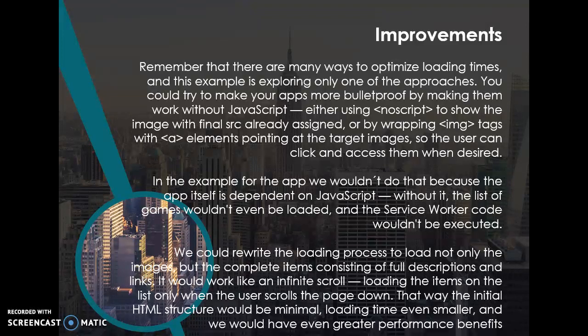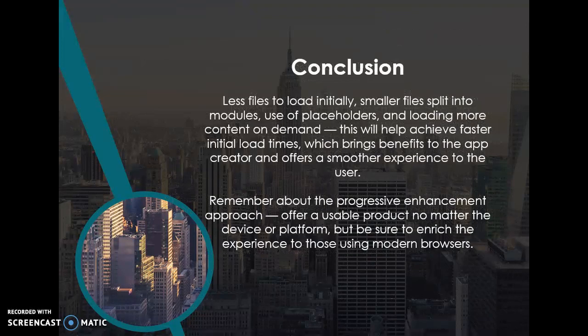We could rewrite the loading process to load not only the images but the complete items consisting of description and links. It would work like an infinite scroll, loading items on the list only when the user scrolls the page down. That way the initial HTML structure would be minimal, loading time even smaller, and we would have even greater performance benefits. So in conclusion, basically this means initially smaller files split into modules, use placeholders, and load more content on demand. This will help you achieve faster initial load